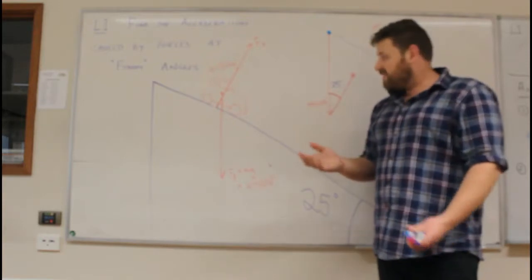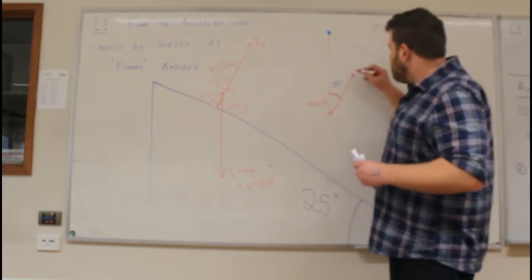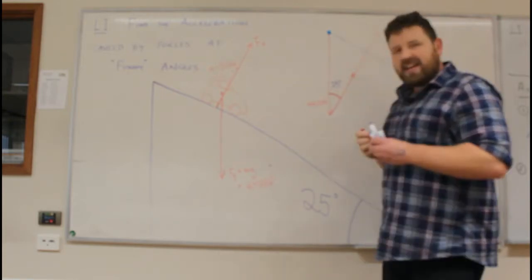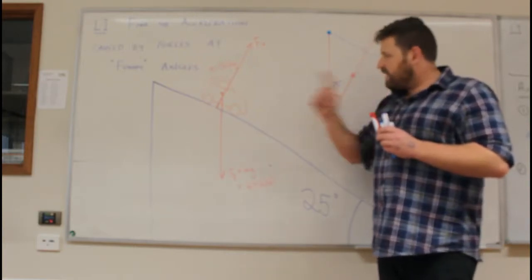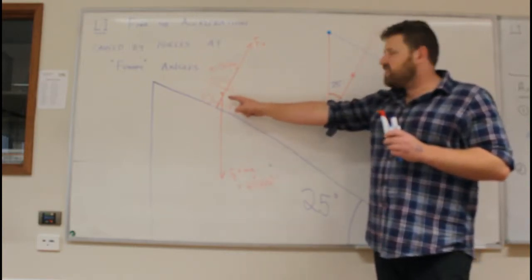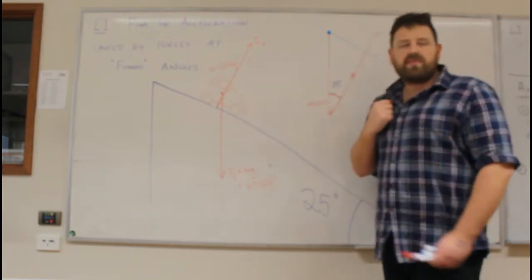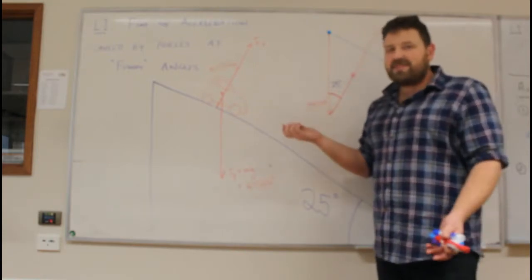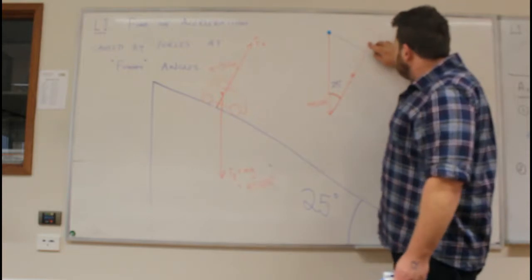Because if I don't, well, let's think about what would happen if I don't. Suppose I have a normal force which takes me past that line. Well, that would mean that the car would be accelerating in a direction not down the slope, but away from the slope. If the car's accelerating away from the slope, it's starting to fly. We don't see that happen. On the other hand,